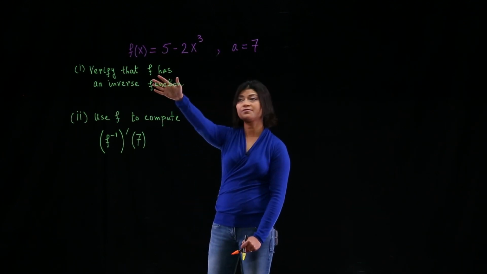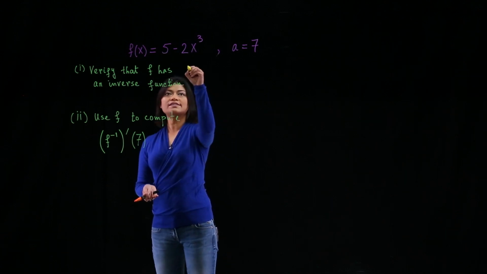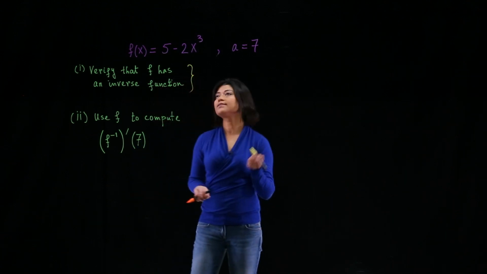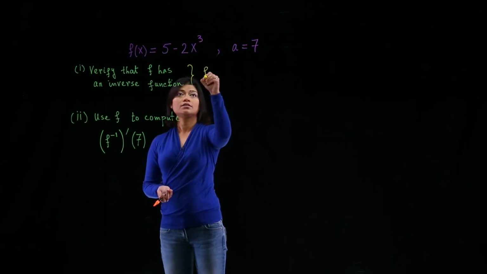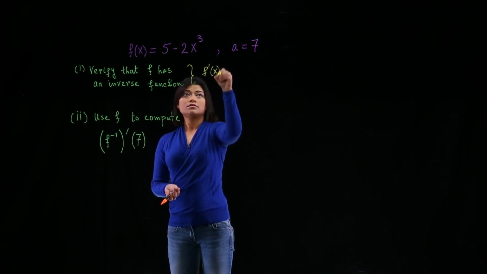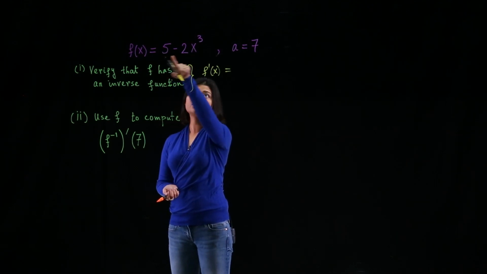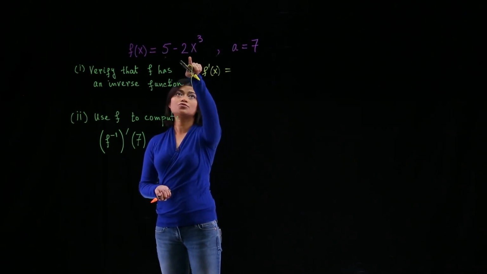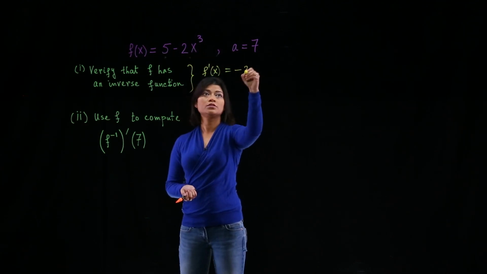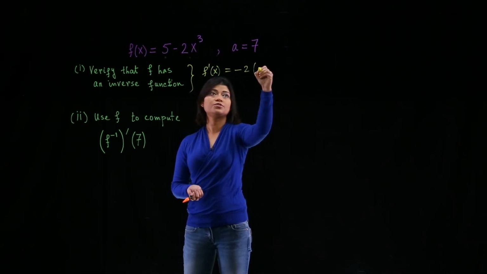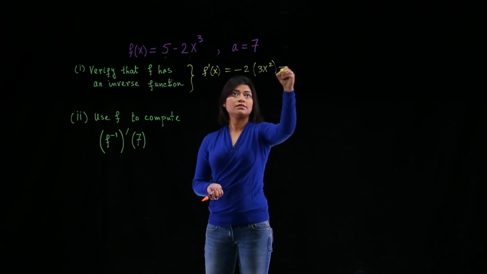Okay, so let's first verify that f actually has an inverse. So notice that one way you can verify it is by taking the derivative of the function. So let's do that. So f prime, the derivative of 5 is 0, and the derivative of negative 2x cubed is negative 2 times x cubed, derivative is 3x squared. So that is negative